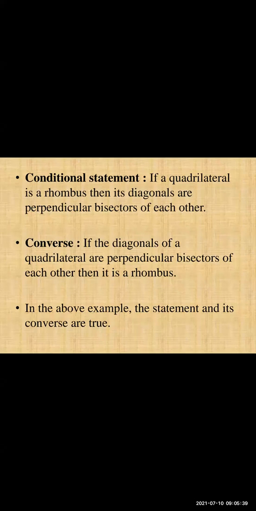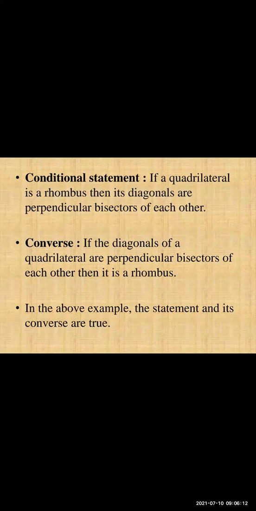See how much part we have covered there. Whatever part was after then, we have kept after if. Whatever consequent was there in the conditional statement, here in the converse we have taken as the antecedent, and whatever antecedent was there, we took as the consequent, like this. So the statement changes completely. If the diagonals of a quadrilateral are perpendicular bisectors of each other, then it is a rhombus.